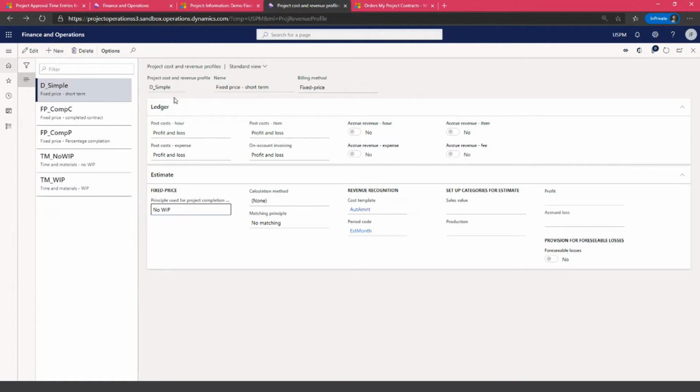My project cost is going to profit and loss at the time when I'm posting. And when I'm posting my on-account transactions, meaning I'm posting my milestone-based invoices, the milestone-based invoice amounts are going directly to profit and loss and are recorded in my P&L as my revenue. So that would be very simple,